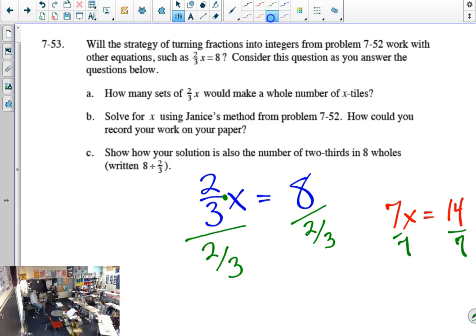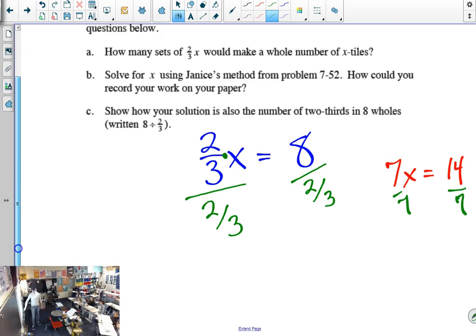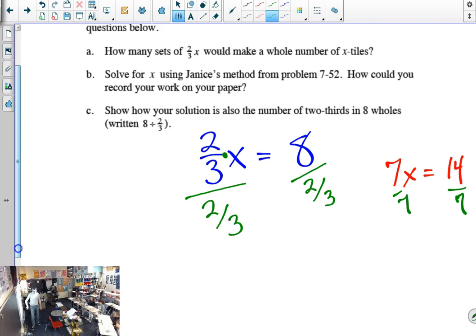Yeah, we can multiply by the keep, change, flip method and all that stuff. But I'm just trying to, like, what does this mean? Divided by 2/3. Okay, cut 8 into 2/3 equal pieces and then see how many of them you have. Okay, so let's walk down the road with Grant for a moment. If we had 8 of something,